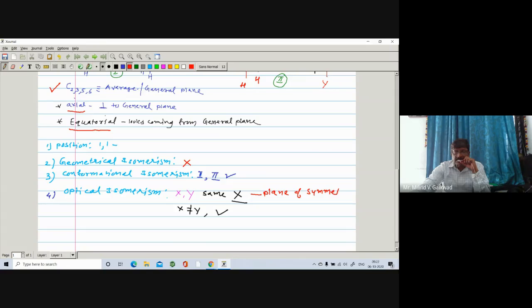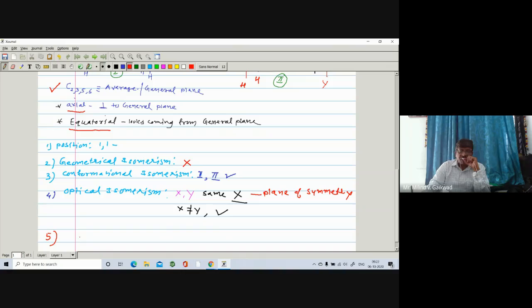Just you have seen how it shows the plane of symmetry, right? A plane passing through carbon number 1 and carbon number 4 divides it into two equal parts if they are the same. Then, if it contains elements of symmetry, it does not show optical isomerism. But if X and Y are different, then it shows optical isomerism. So: one, position; two, geometrical isomerism; three, conformational isomerism; four, optical isomerism; and the fifth and last point is the